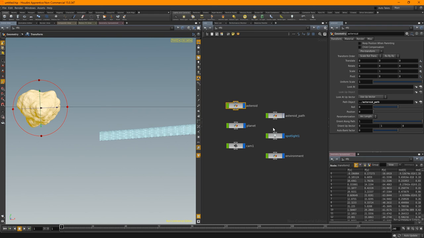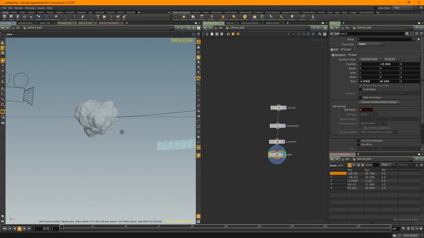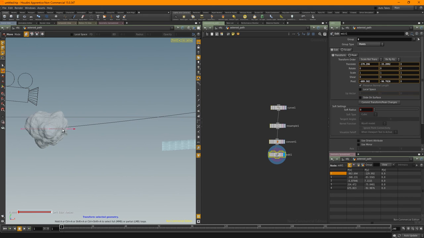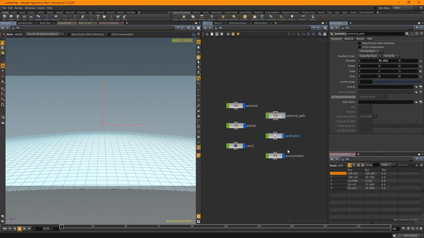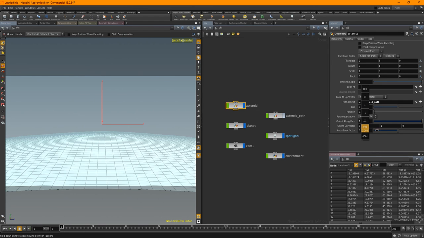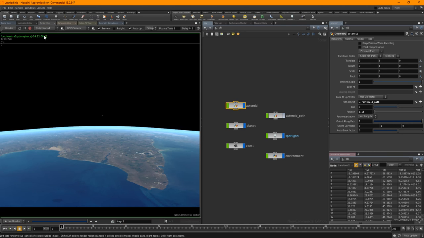Let's jump into our asteroid path, and as we were editing before, select this. I'm going to hit the transform. I'm just going to move it back out of the way of the camera. It should be out of view now. See what we get when we... so what do we get now?